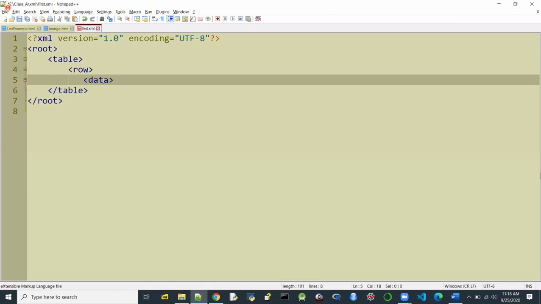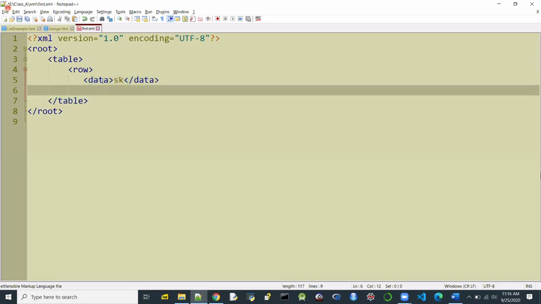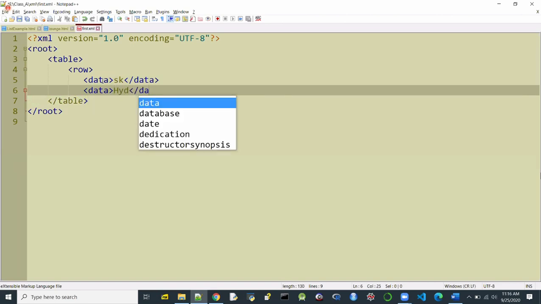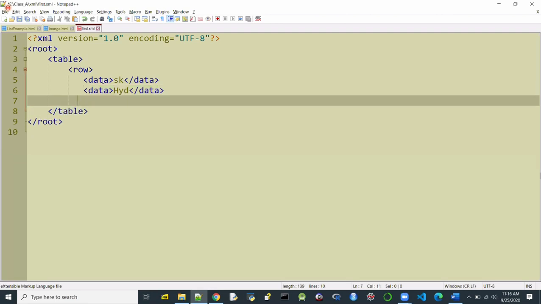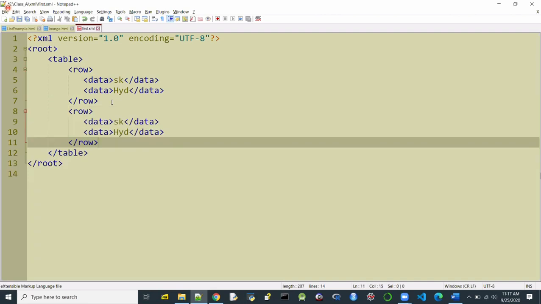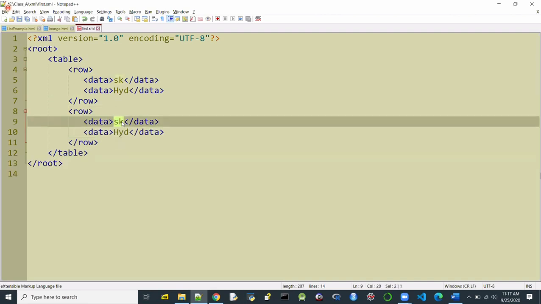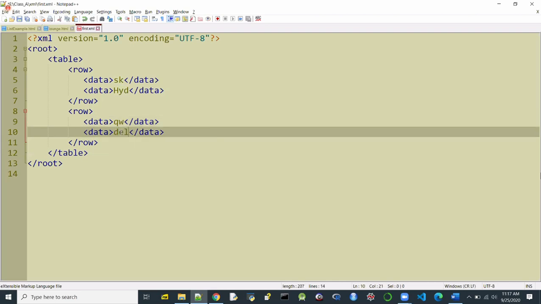Okay. And then I'm using something like name and I will close this particular data. Then I'm putting one more data element, and then I'm saying hide. So I'm just putting my own descriptions over here, and then I will say slash row. So this is what we call a table, right? A normal table where you can basically see that there is some information being provided.